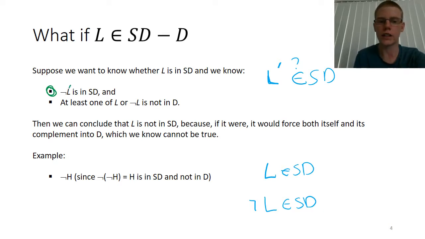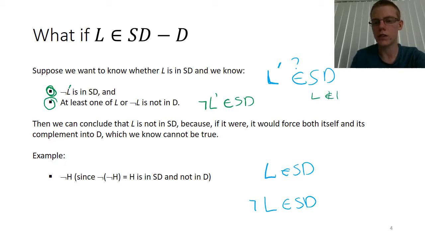So the complement L' is semi-decidable, and we know that either the complement or that language are not decidable. So we know that complement L' is definitely SD, and we know that one of two things: